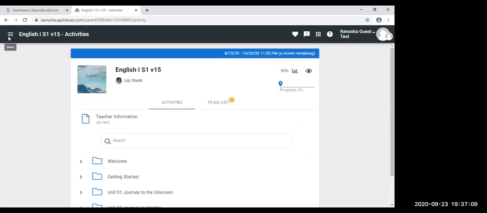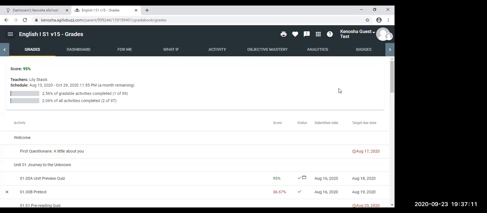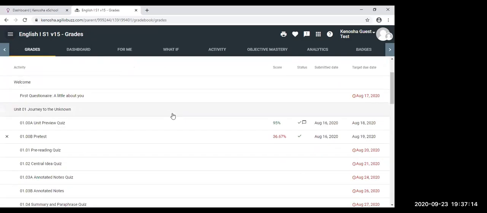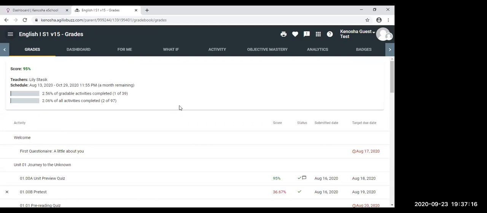So from here, you can take a look at the grades, and that just lets you see the gradebook from another view. As a parent guardian, you are not able to submit assignments through this account. Sometimes we'll have students who call us trying to troubleshoot, saying they can't submit an assignment or redo a quiz, and when we help them troubleshoot, we realize that they're actually logged in as a parent or guardian account. Maybe they had it already saved on the computer, or mom or dad had it up and the student tried to submit. It won't let you submit anything through the parent or guardian account. It has to all be submitted through the student account.